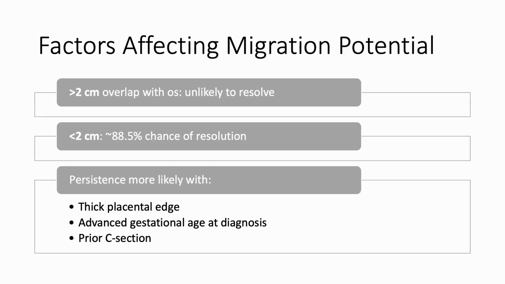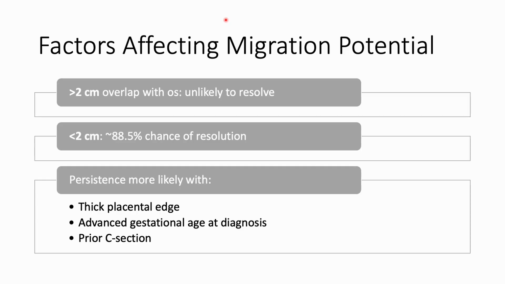So factors affecting migration potential. If the placenta is just low-lying, not covering the os, it is more likely to migrate and become a non-low-lying placenta. But if it is covering the os, it depends on the overlap distance. If it is overlapping more than 2 centimeters on the os, it is unlikely to resolve. If it is within 2 centimeters, that means the overlapping area is not a lot, only 1 or 2 centimeters overlapping the internal os,